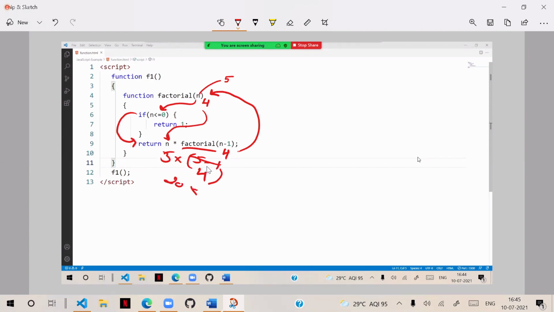And 20 into, again, factorial of n minus 1, that means again 4 minus 1, that is 3. This 3 is again passed into this. It will repeat until it is equal to 0. That means it will get 60, 60 into 20, 120. So like that, it will continue.